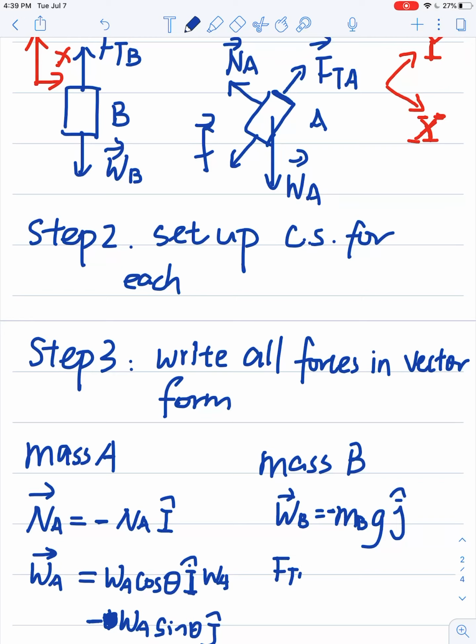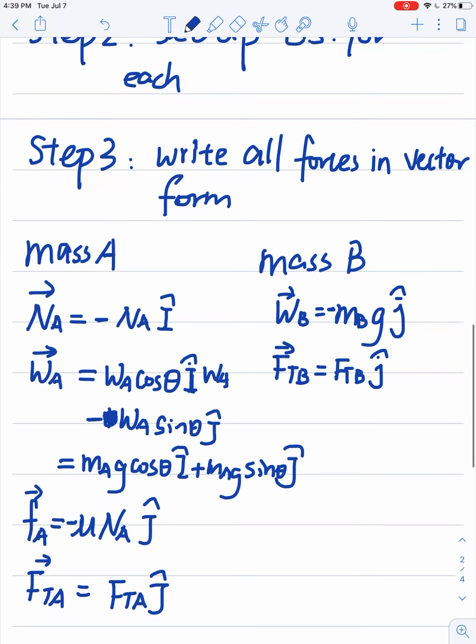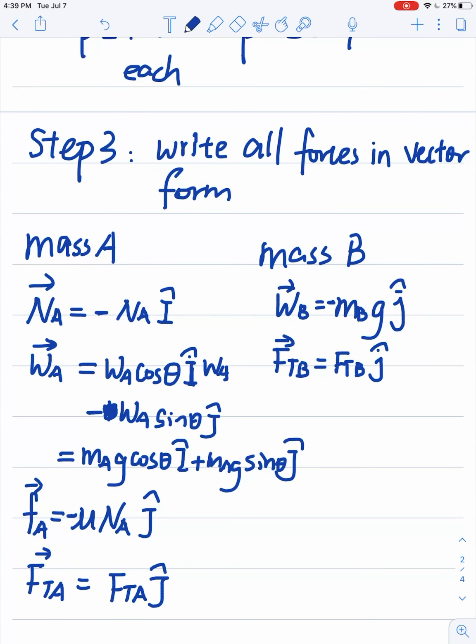Another force we have is the tension force in the cable, it's FTB. And we don't know what is FTB, but we know the direction, which is on the positive J direction. Okay, so far we finished step 3 to write